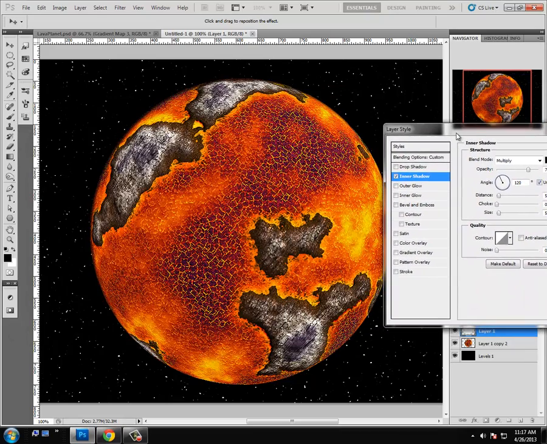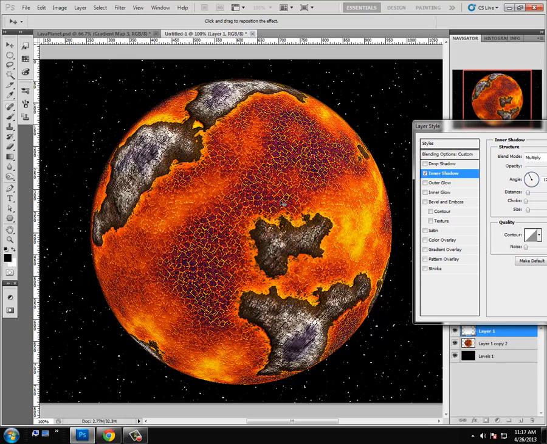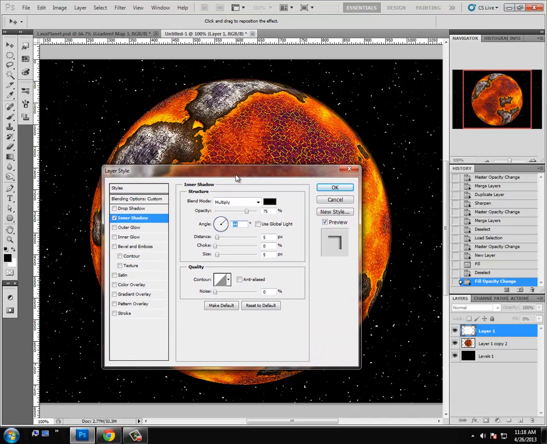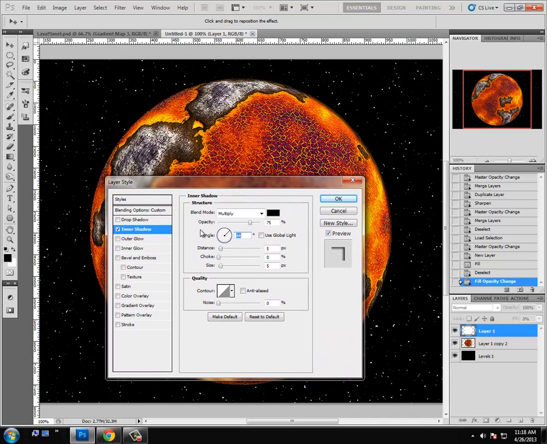In the last tutorial, we already decided that the light is coming from this upper right area. We want to use that and not really fight it because we already have some shadows on our features. So here we go. Unclick Use Global Light, and let's just move that to about 44 degrees, the direction that our light's coming from. Remember, this is for our atmosphere, and if you increase the size on this, see how